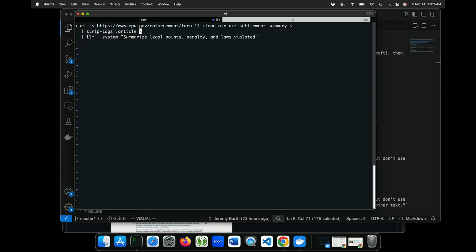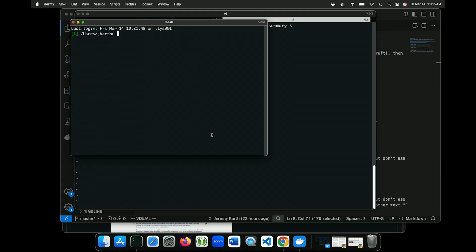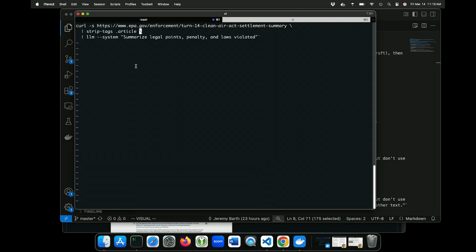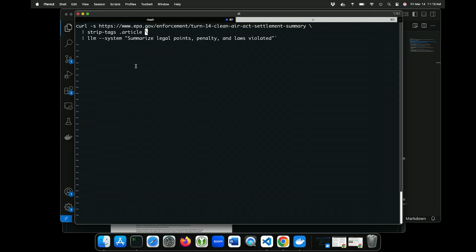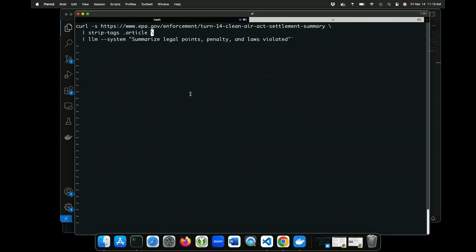So let me explain what this command is doing and why I'm showing it to you. So this is a simple command line. Again, I'm on a Mac, but this would work on Linux too. Curl is a way of just pulling down a web page. So in this case, I'm picking a document from the EPA, which we're going to get into in the next section of the talk, but for the sake of argument, I'm going to strip the HTML tags off and leave only the .article